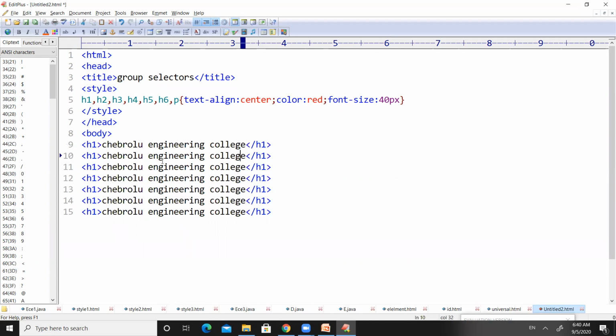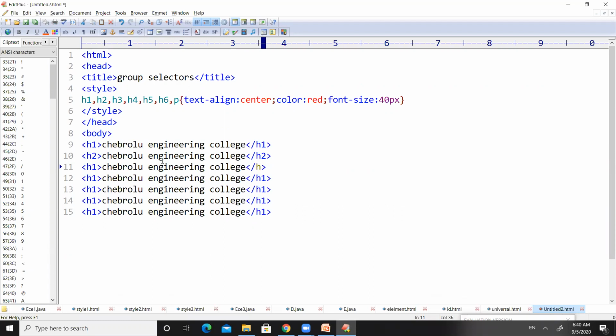So we have used the H1 heading. We are going to display the same text, because in order to observe the changes according to the style, we are going to deal with the same text. We are going to print the Chabrol Engineering College, our college name, with all the different tags.